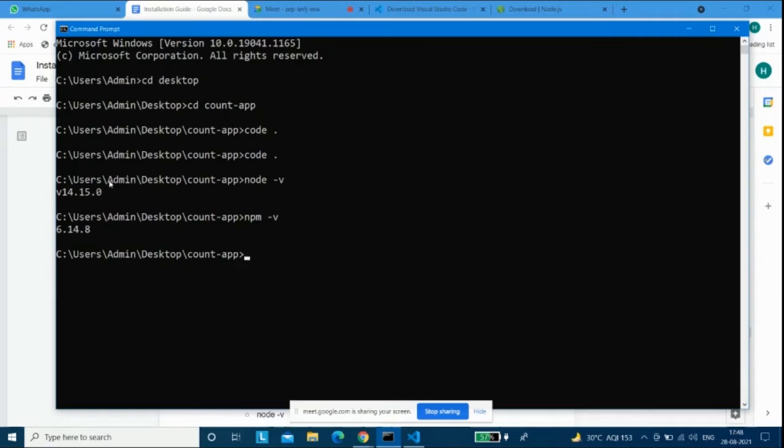Is there anyone else who has some problem with HTML or would like us to tell you about it? Because we don't require a lot of HTML. We use HTML, but if you have some basic understanding of what tags and all things are, then it will be pretty clear to you what we write in that HTML file. So is there anyone who is having an issue with that?